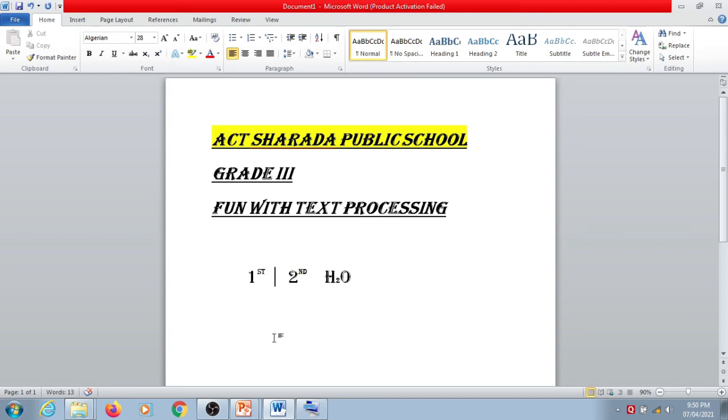Now next we will see how to use Format Painter. First, you need to type some sentences.